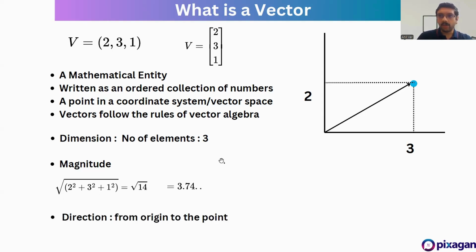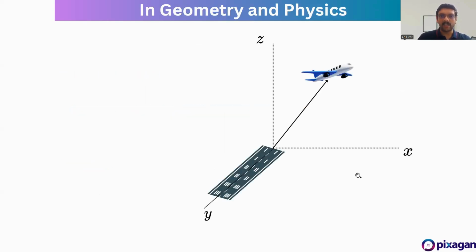What a vector also has, apart from a magnitude, is a direction. So a vector in mathematics and also in physics has a direction. So in this case, it's going from the origin to that point. This is the basic idea of what a vector is from a mathematical standpoint. Now,